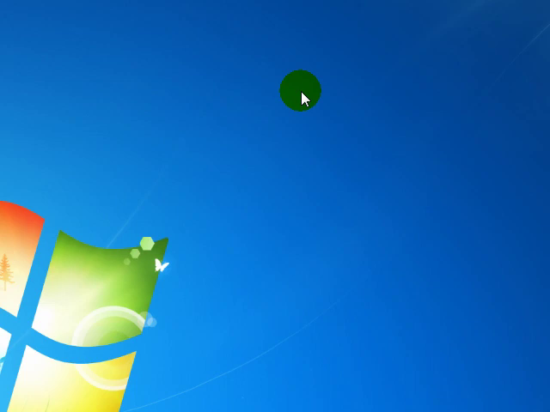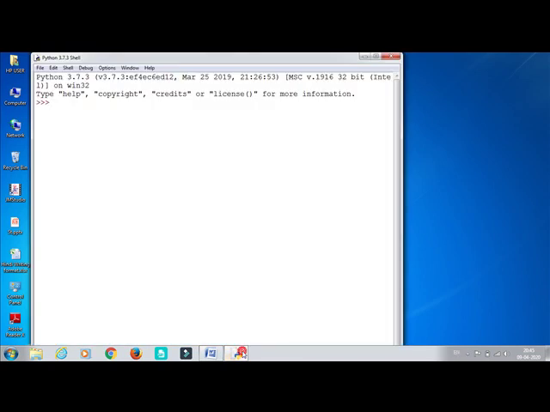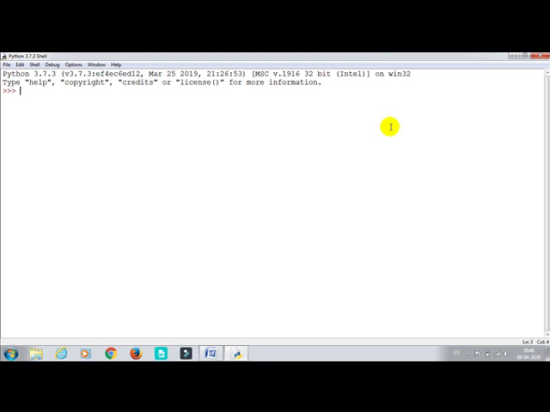Today we'll begin with the NumPy array practical. To begin with, we'll see whether NumPy is available or not. First of all, NumPy should be installed. So today I will begin with how to install NumPy, because most of you are not able to install it. That we'll see today.